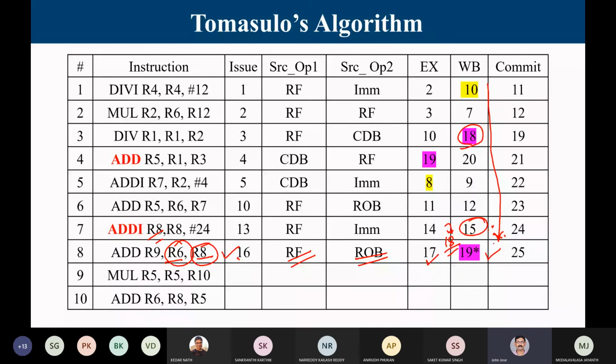It was already mentioned: when 2 instructions are trying to write into the CDB, you have to resolve it, with round robin, and here you resolve it with this. Whoever was issued earlier will write at 18, so I can write only at 19. I have to hold it. Any doubt till then?